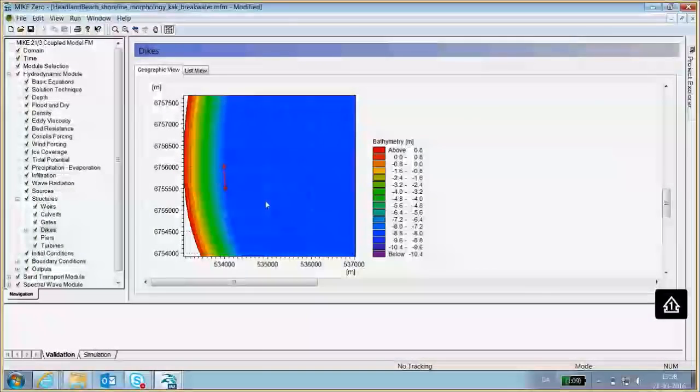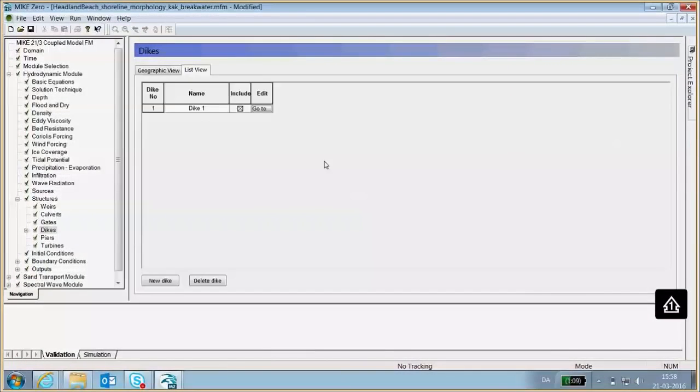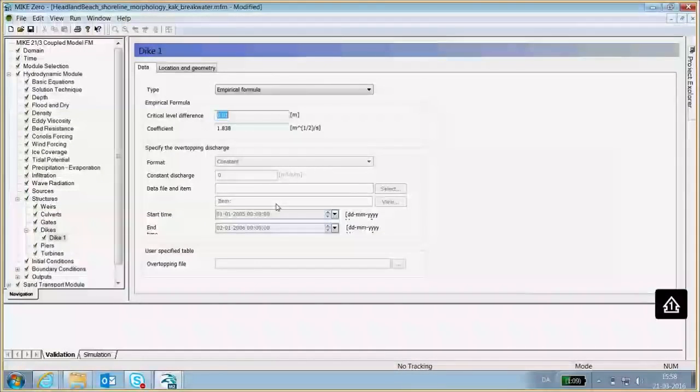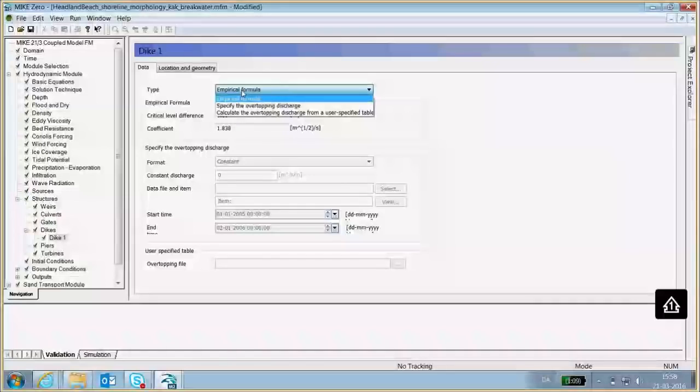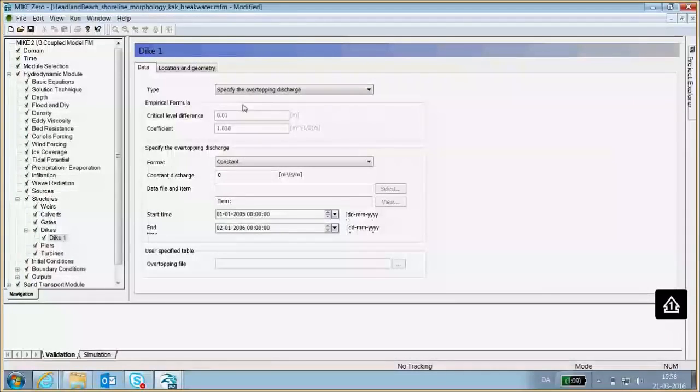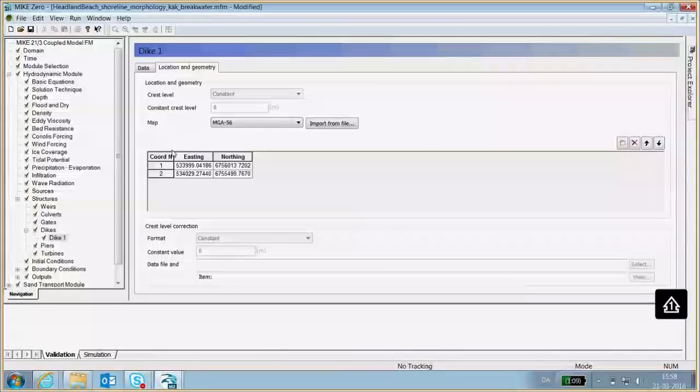So you can see I want my breakwater approximately here, so that's good enough, and we'll just call it dike 1, that's fine. And then you can see for the overflow, because it's a breakwater, not a dike, we'll just specify the overtopping, and we'll assume that it's sufficiently large that the discharge will always be 0, so that's fine. And then the location and geometry, we're just going to copy those two